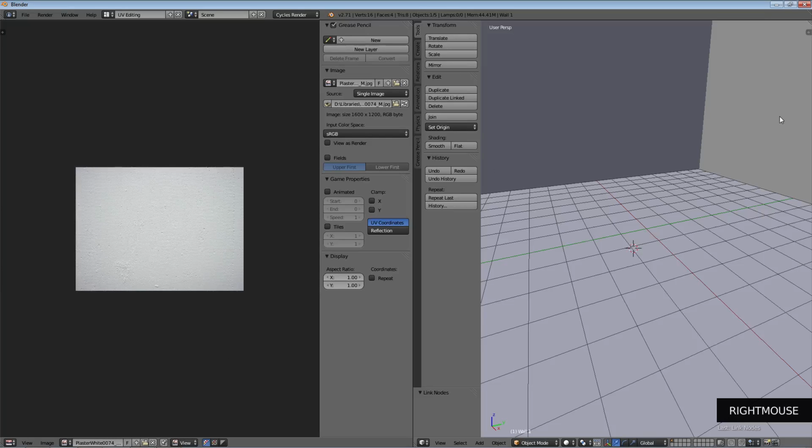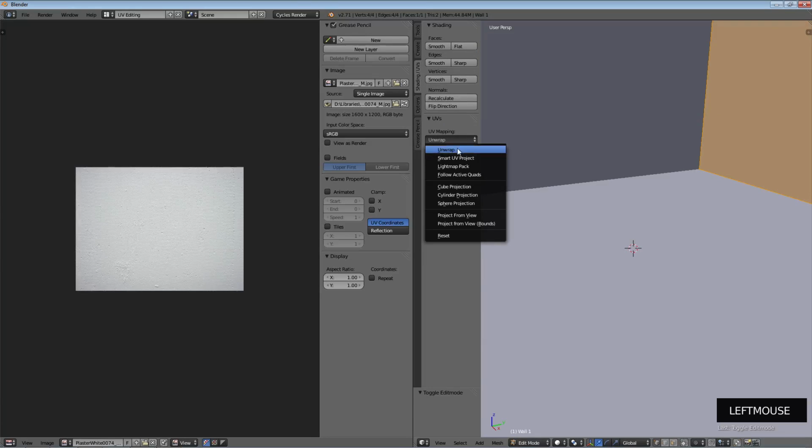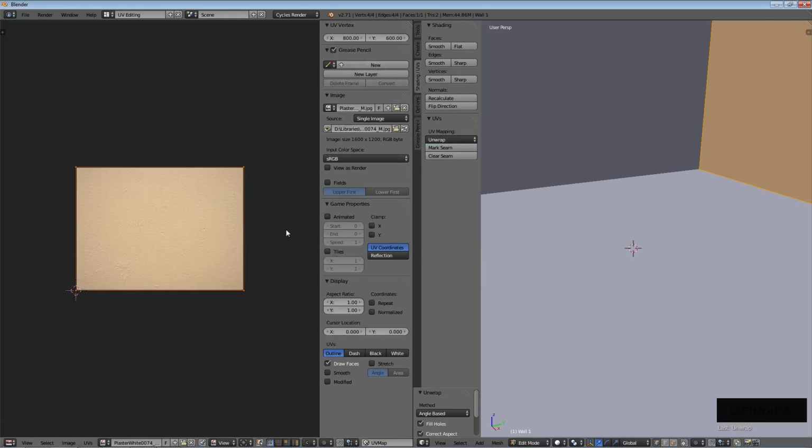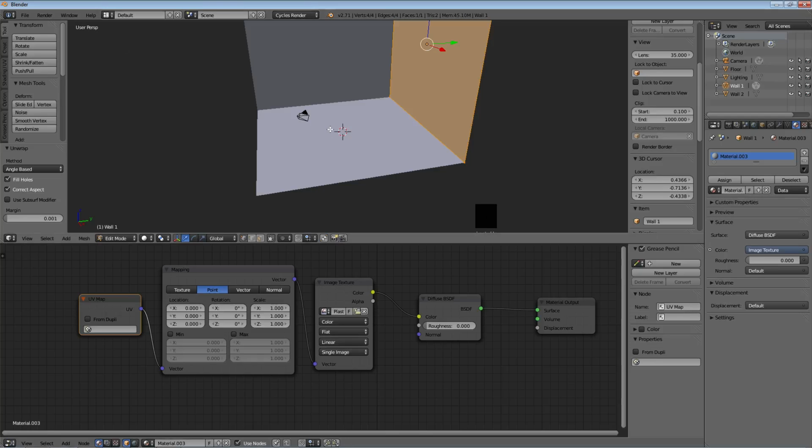And then with our wall selected, we're going to tab into edit mode, make sure everything's selected, and we're just going to click unwrap and unwrap. Okay, that's all we need to do. Now we can go back to our default view, and since we have our node set up already,